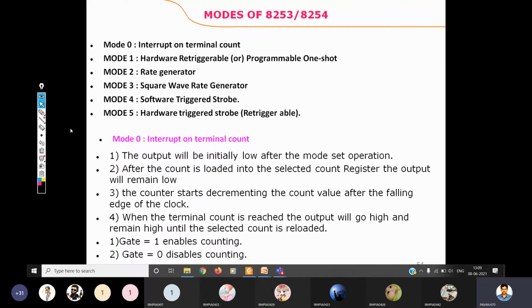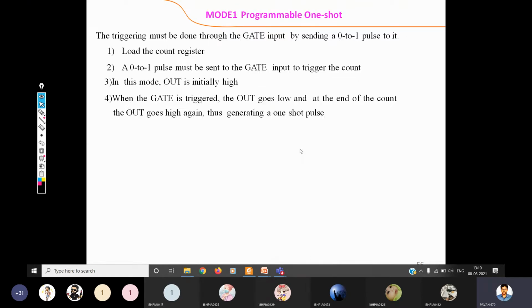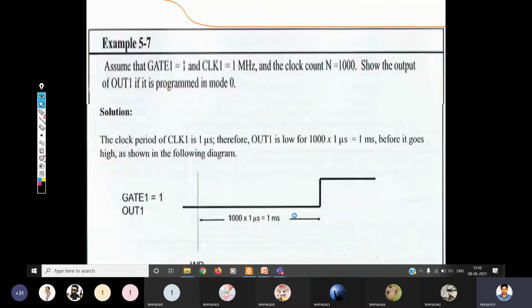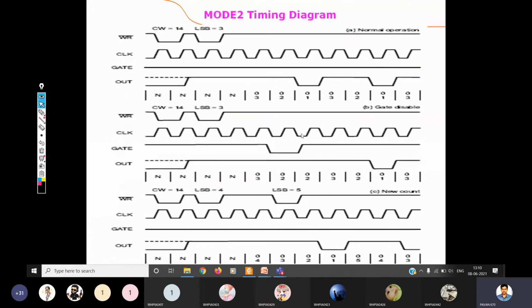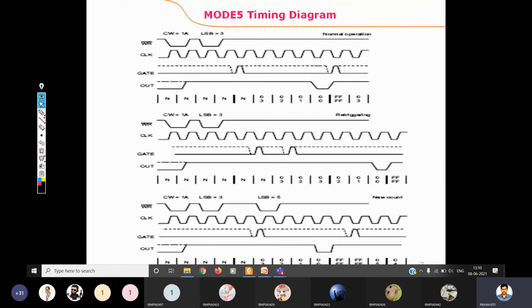Now we will have a look at the timing diagram. Look carefully here. I think it is visible clearly. If anyone cannot see it clearly, please inform me. Is it visible properly? Yes, sir. So for every type, just have a rough look at the different timing diagrams. This is the timing diagram chart representing mode 0. Similarly, there are different timing diagrams for mode 1, mode 2, and so on up to mode 5.